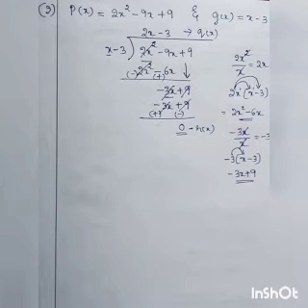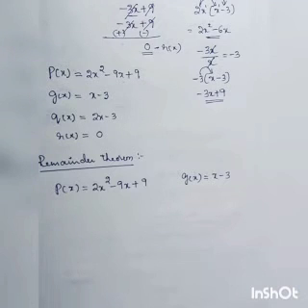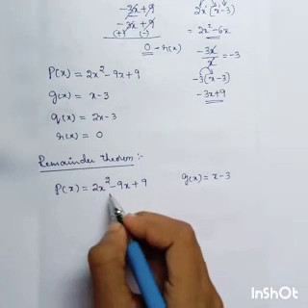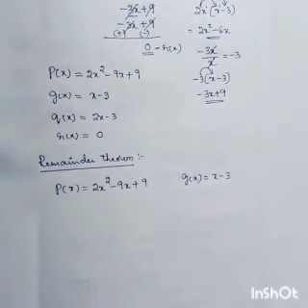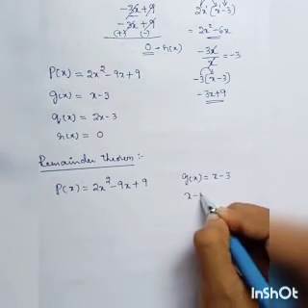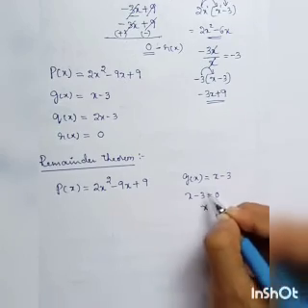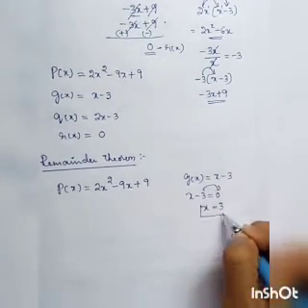So we can verify using the remainder theorem. So we'll verify now. Now we have to use remainder theorem and we have to check the given p of x and g of x values. So p of x, they have given it as 2x square minus 9x plus 9 and g of x is equal to x minus 3. So I have told you already. So what we have to do now in remainder theorem, remember, recall it. So g of x we have to take as 0, correct? X minus 3 is equal to 0. X is equal to, transpose this 3, so x is equal to 3.